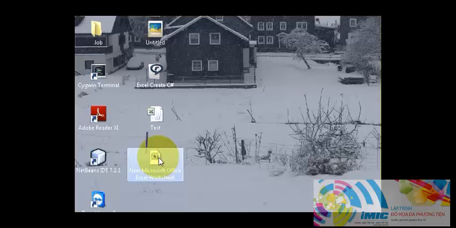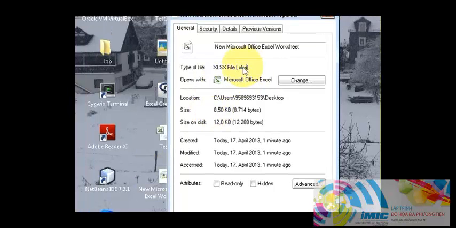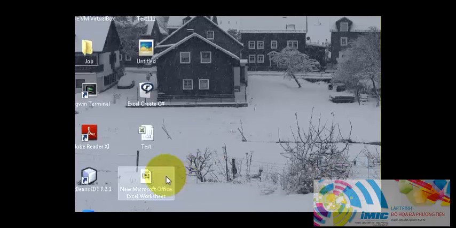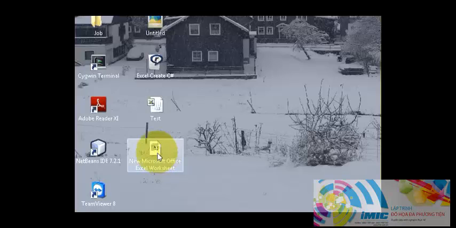Because I have Microsoft Office 2007, and if you have Microsoft Office 2007 and later versions, it will generally have the extension XLSX. But our code is made for only the XLS extension, these 3 letters, and it is not made for XLSX. So now there is a problem for you, because it will not load this XLSX file,